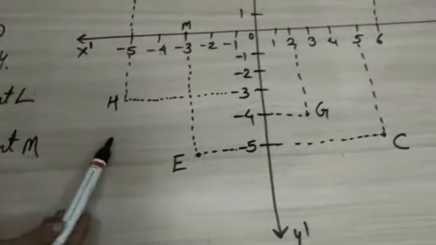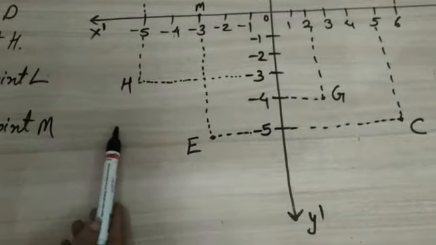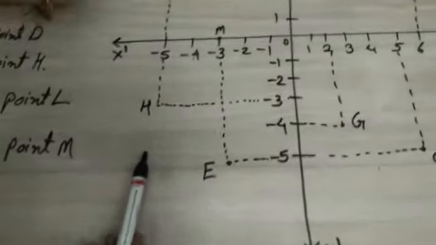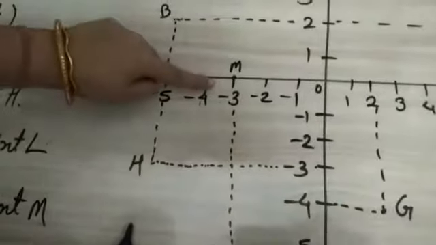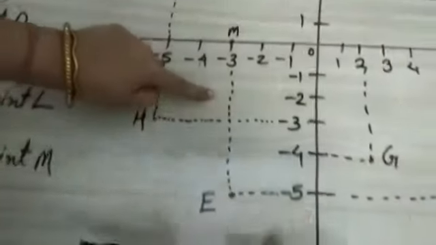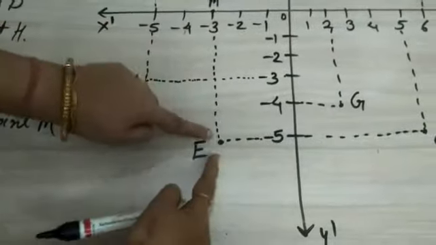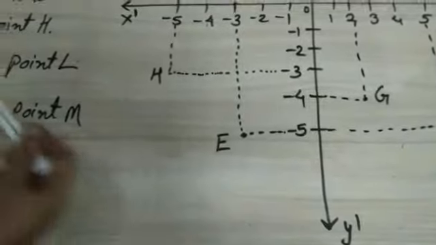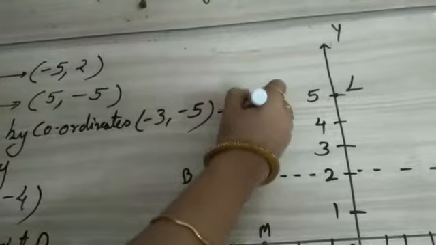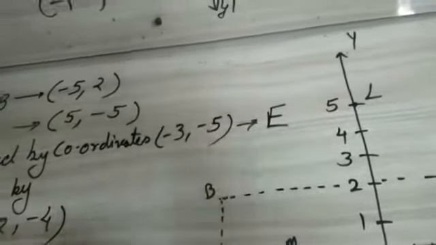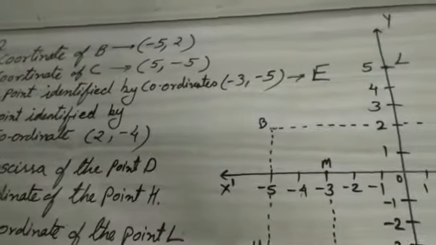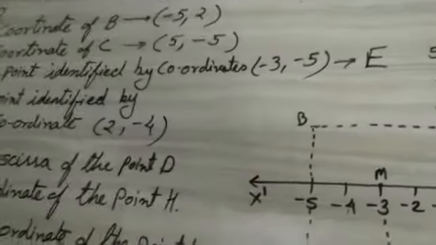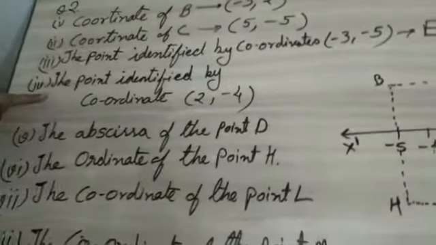So we will not go here and there, directly we will come to the third quadrant. In the third quadrant, they are telling minus 3. So first minus 3, the minus 3 is coming here, minus 5 is coming here. They are meeting at E. That means the point is E. You will write the full statement. Okay, I am explaining the concept: whenever you write the answer in the fair copy, the statement should be there.